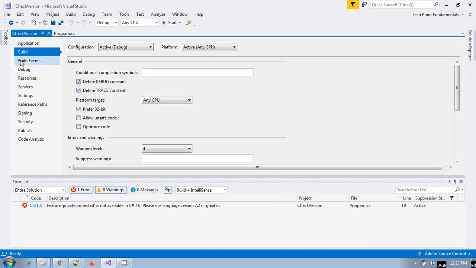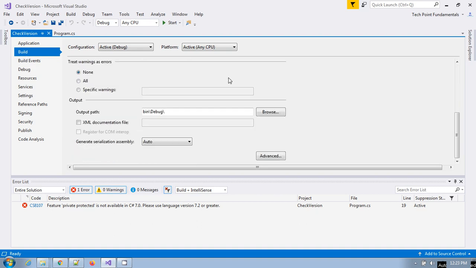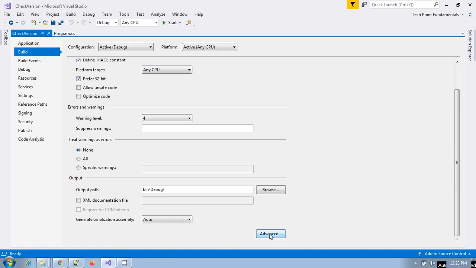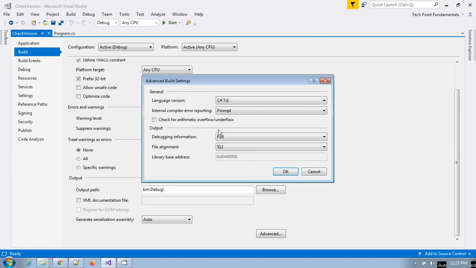Under Properties, if you want to change the C Sharp language version, go to Advanced. Here you will see the language version C Sharp 7.0. Currently we are using the 7.0 version of C Sharp.